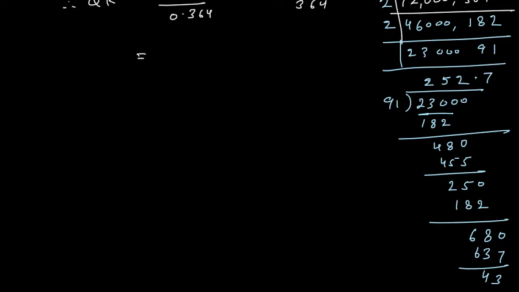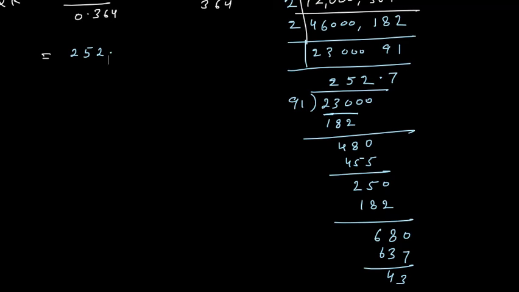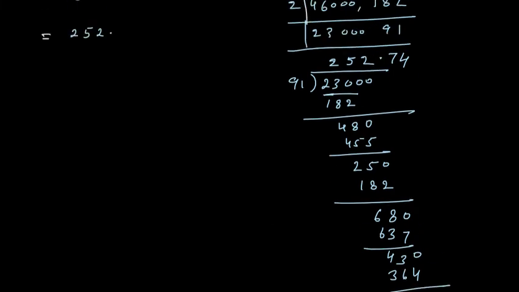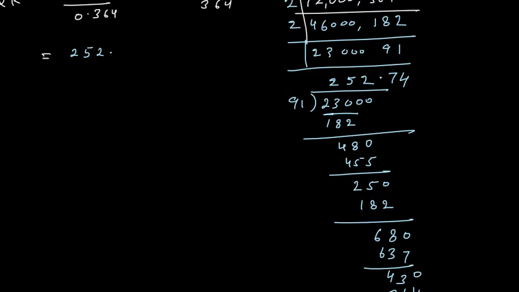So practically I will say that this is 252 point. Now actually if I write one decimal after the point, up to 2 decimal I have to find out. This is 430. So 9 4s are 36, 9 5s are 45, so it is less than 5. It is 4 something. 4 1s are 4, 4 9s are 36. Okay. So 252.74, which can be written as 252.7 up to one decimal place.